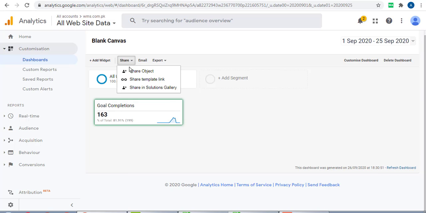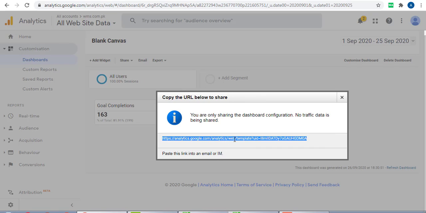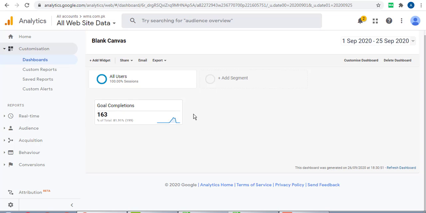Okay, when you go to share, you have this template link that you can share with your colleagues or people who should be getting this report. So when they click on this link, they will be redirected to this page immediately, like this blank canvas report or website performance report that you have created. Now, we already have goal completions received through Google. We can create a new widget, and